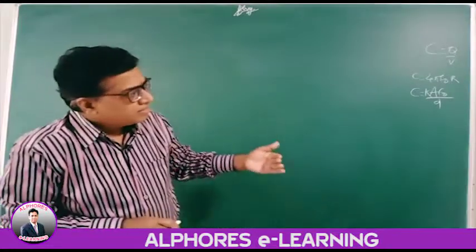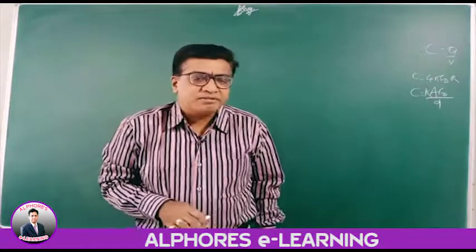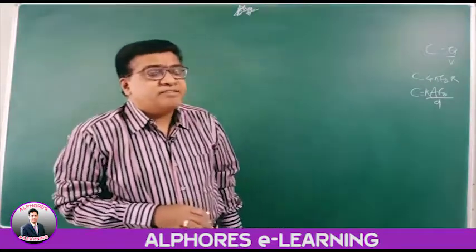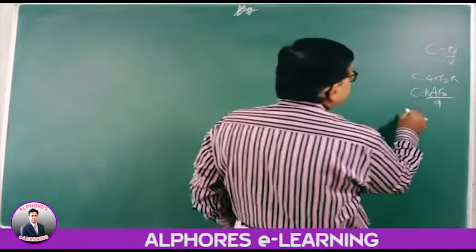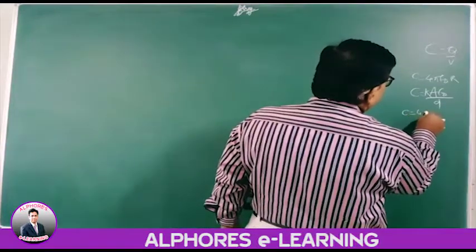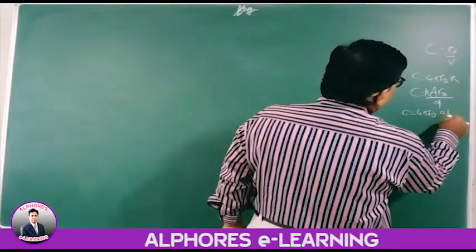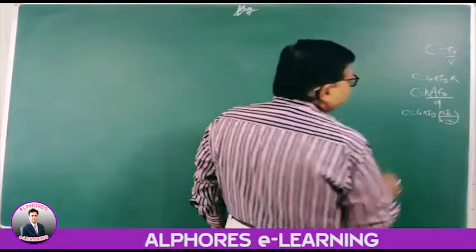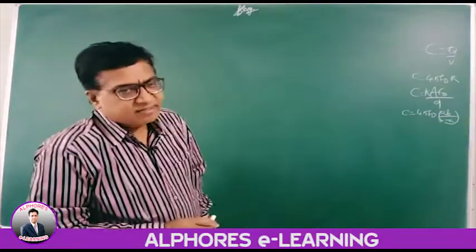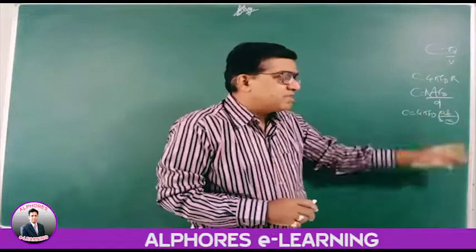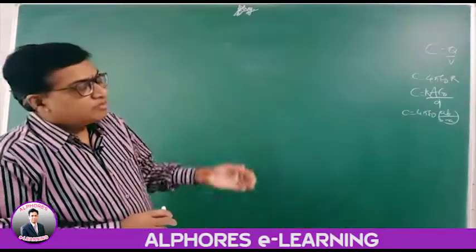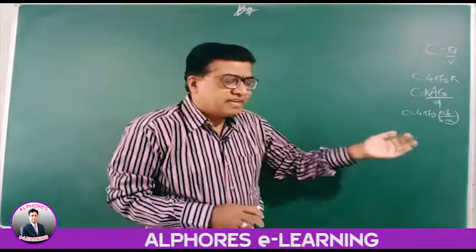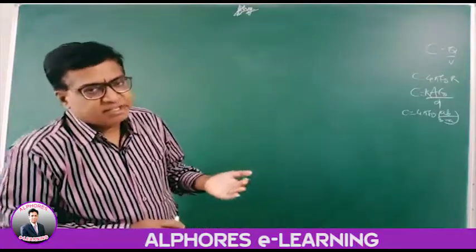Later, after the parallel plate capacitor, we have taken the spherical condenser. Two concentric spheres. The capacity is 4 pi epsilon naught AB by B minus A when the outer sphere is earthed. When the inner sphere is earthed, it is B square by B minus A. So that way you can find the capacity. This way we have studied the various capacitors and their capacity.